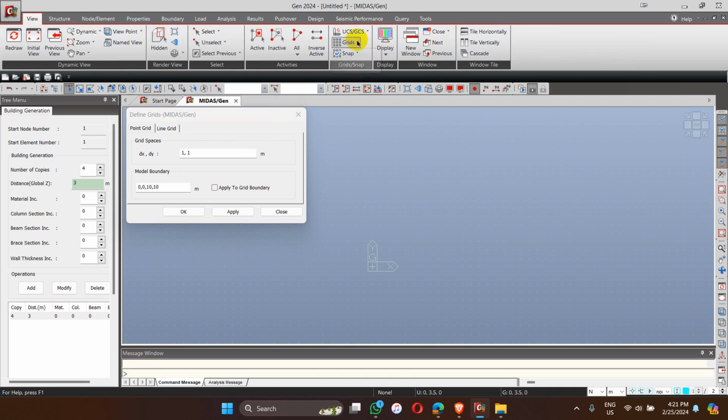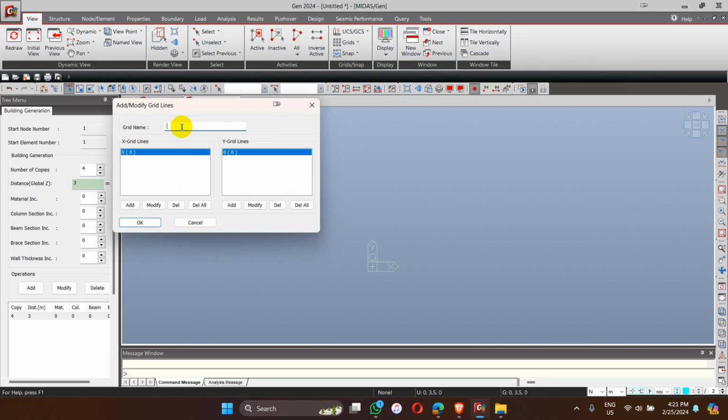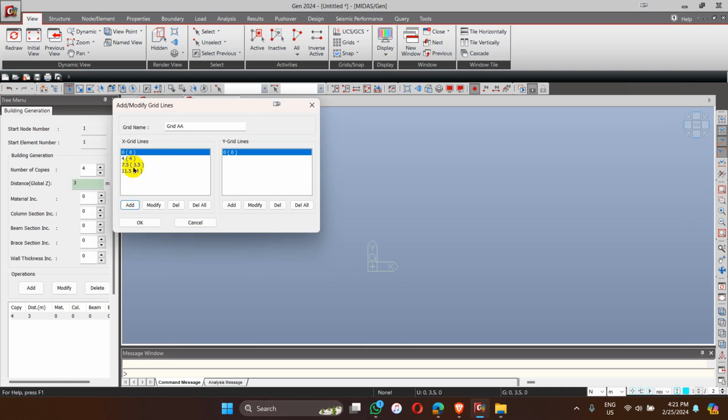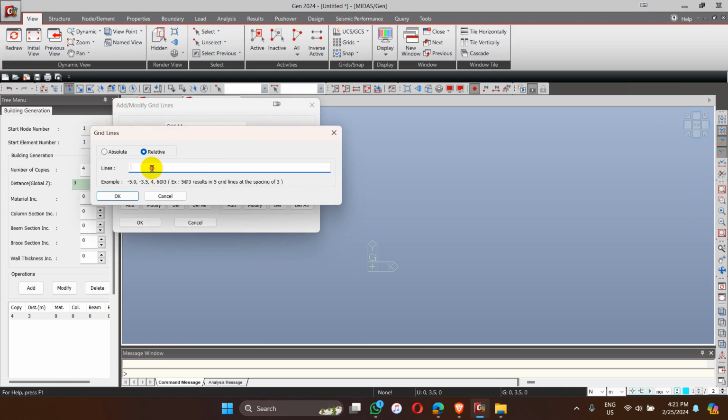So for now, let me go to the line grid. Go to add, give some name, grid AA, let's write, and let me add grid at extrude line. There are two options, one is absolute and another one is relative. You can choose either of them. So for now, let me put 4 meter along the x, 3.5, and another one is 4. Let me click OK. Then we see here the addition of grid lines, and in the y-axis